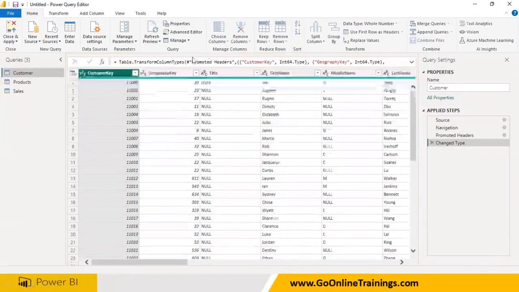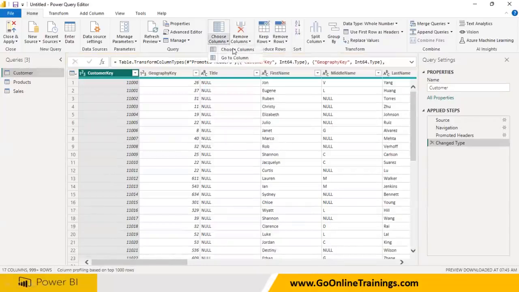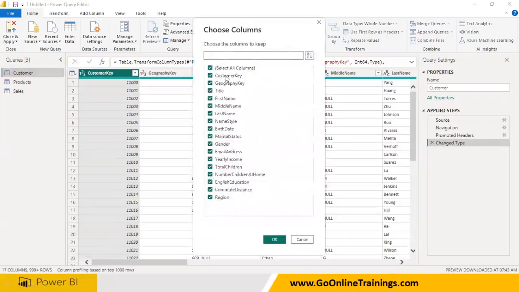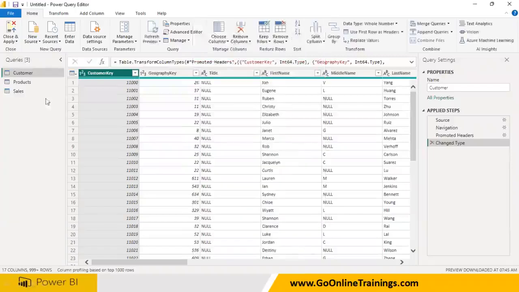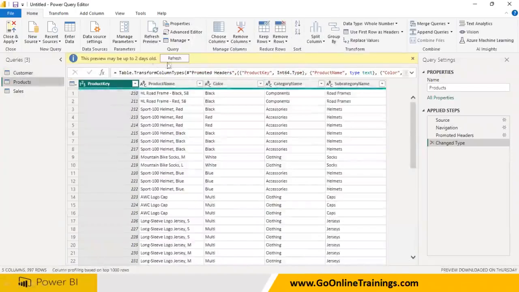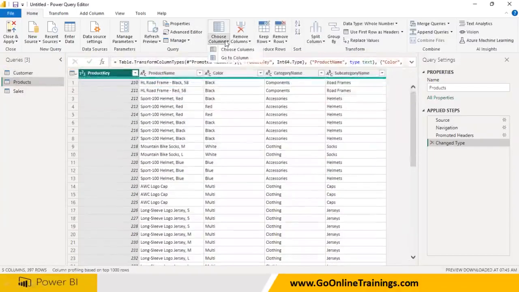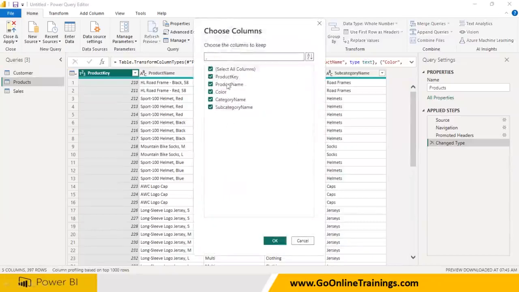You can go to choose columns. You will understand. In this table, customer name, geography name, birth date, you have marital status. You have one birth date column available in this. And when you go to the products table, you don't have any choose columns, meaning you don't have any date and